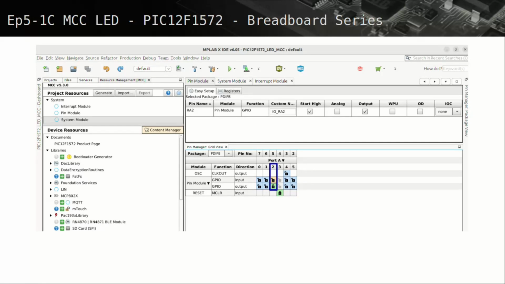Next, we can give a custom name to pin RA2. Select the custom name column for pin RA2. Here we can modify it to LED_RA2. The start high option can be ticked, as we would like the LED to be kept off on startup